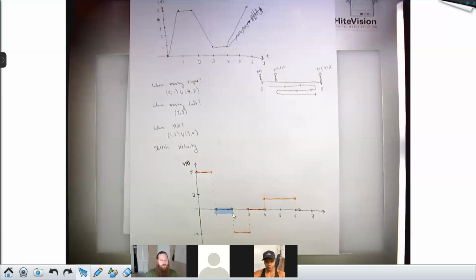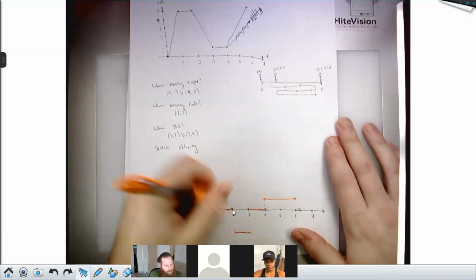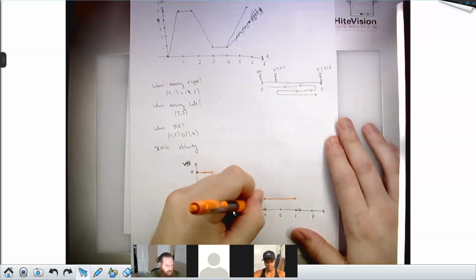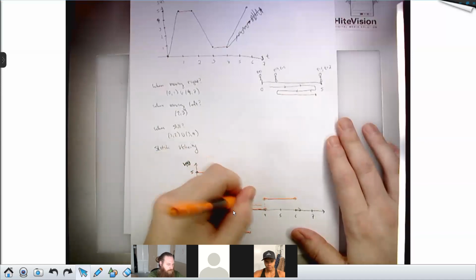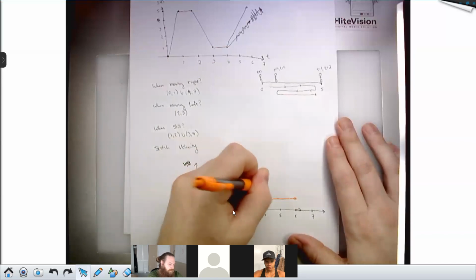Well, the velocity, it's not just points where the velocity is 0. The velocity is 0 over this whole interval from 1 to 2. And that means we're standing still. So right in here, everywhere in here, v of t is equal to 0, which means we're standing still.